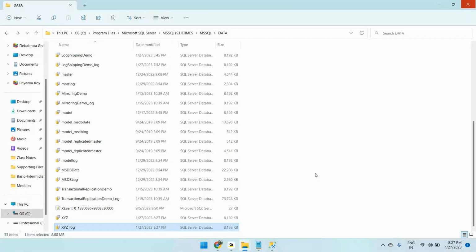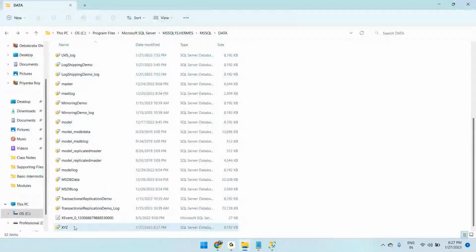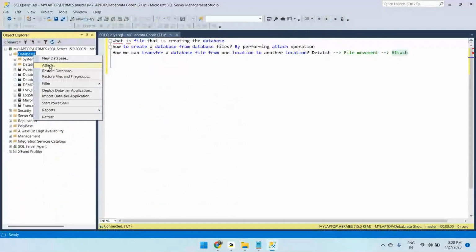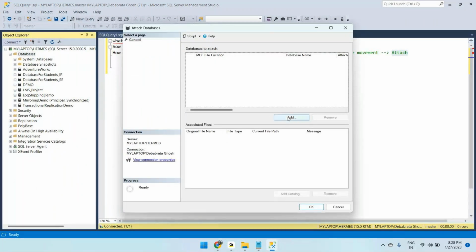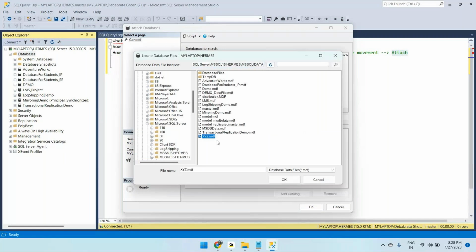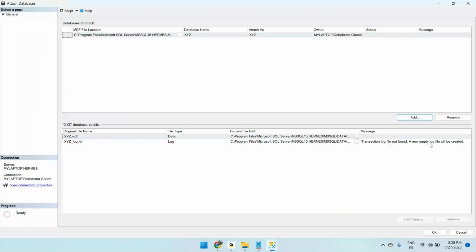So let me cut the log file from here to the desktop. Okay. So we only have the data file, right? Now let me attach the database. Let me try to find the data file. This is the data file. But you can see the message: transaction log file not found. A new empty log file will be created. That means